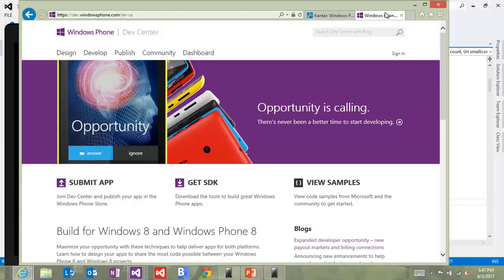features found in more expensive SKUs of Visual Studio, including Performance Profiler, the Device Emulator, and now with Update 2 to Visual Studio 2012, you get Unit Test Framework for Windows Phone. This is new in Update 2 that came out, this new unit test framework, an official unit test framework. We had unofficial ones floating around, but this is an official unit test framework for Windows Phone. You can even create a unit test framework project and so forth, and it's very, very nice.